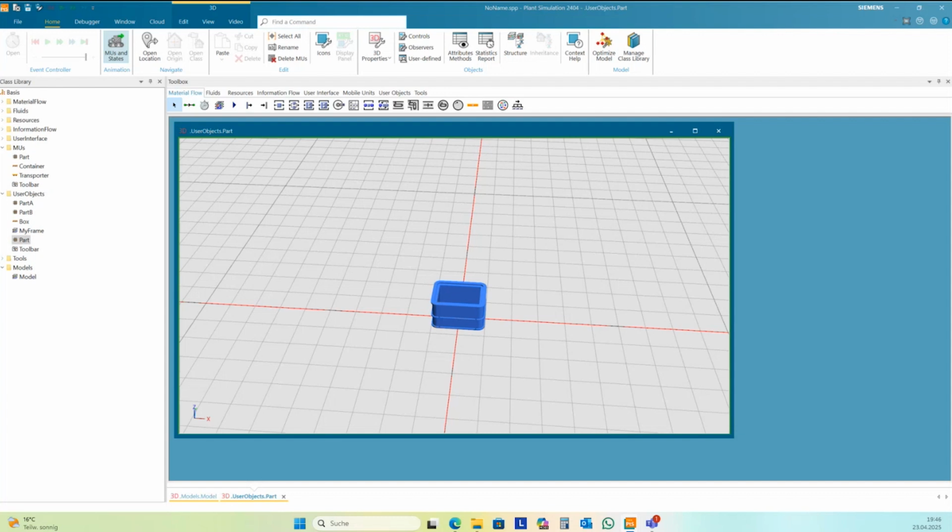How to connect Plant Simulation to a MySQL server? Several ways. One way would be to use the ODBC interface, but you need to use a 64-bit interface for MySQL. So you need to have a MySQL driver.